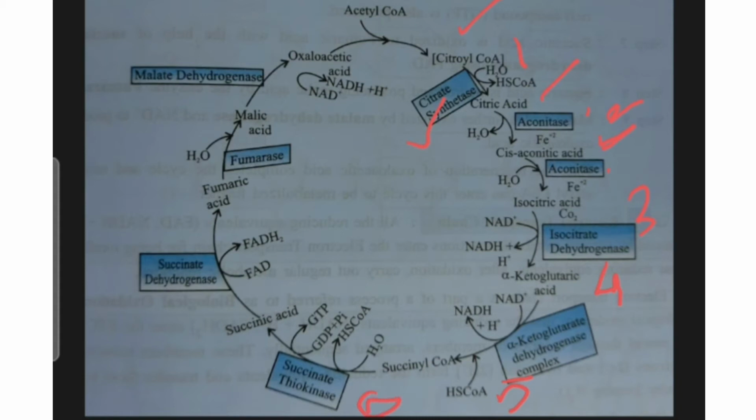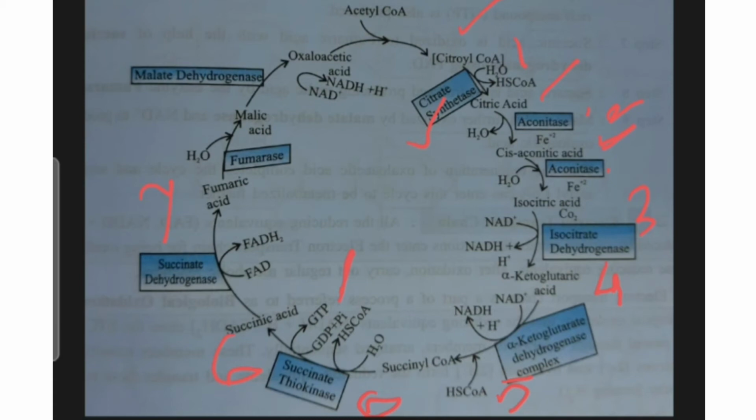Now we are going forward with the sixth reaction. It is the sixth enzyme and the sixth reaction. Here the succinyl CoA is acted upon by the enzyme succinic thiokinase, which helps to produce succinic acid, which you can see here. HS CoA, or coenzyme A, is released, and an energy rich compound, GTP, is produced. This GTP is a new thing for you.